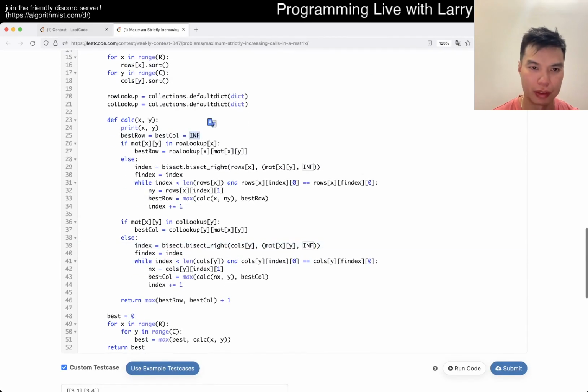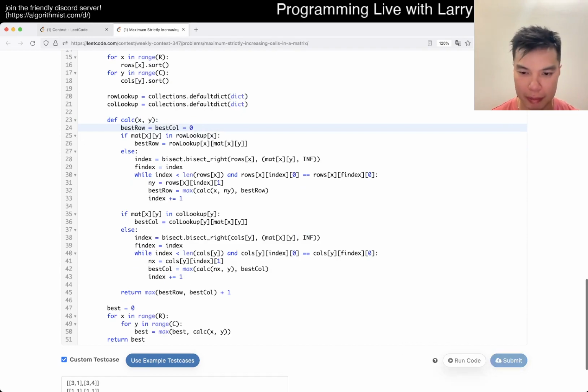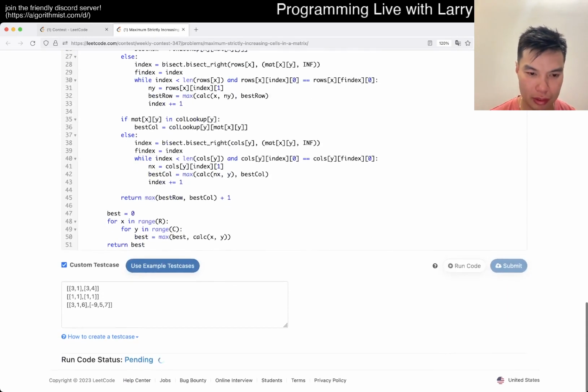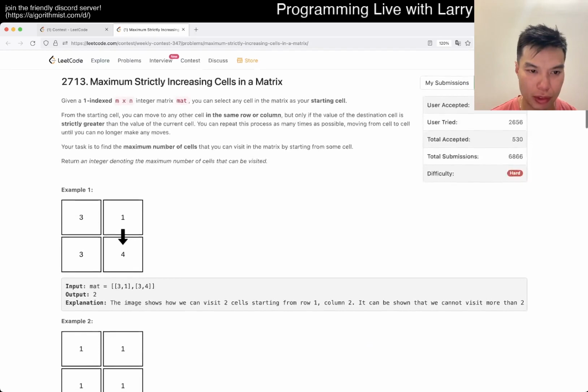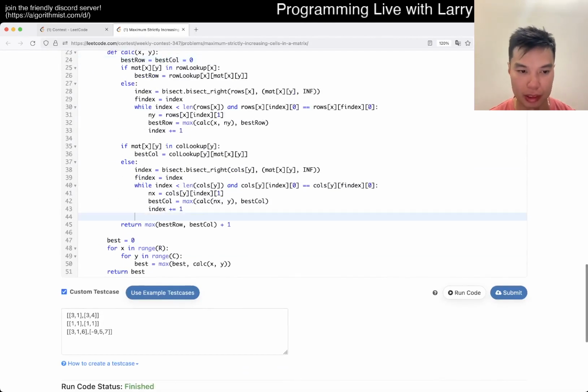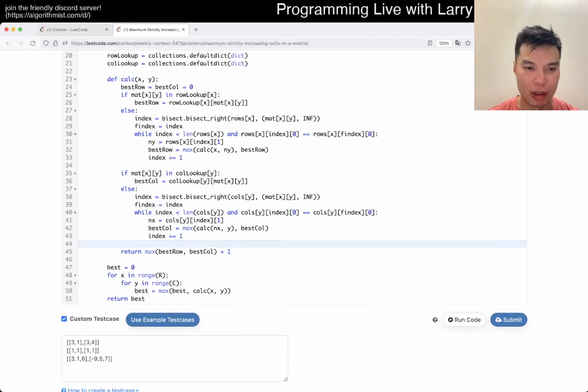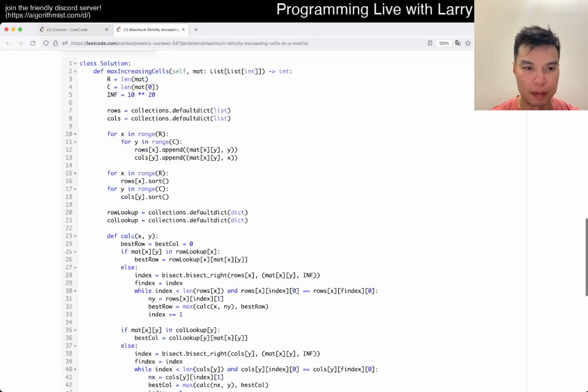Oh, because of here. Oh, what am I doing? It's min. Oh, it's max, so set to 0. 214. That looks okay. Whether this is fast enough is another story. Well, this is right now obviously not fast enough, but